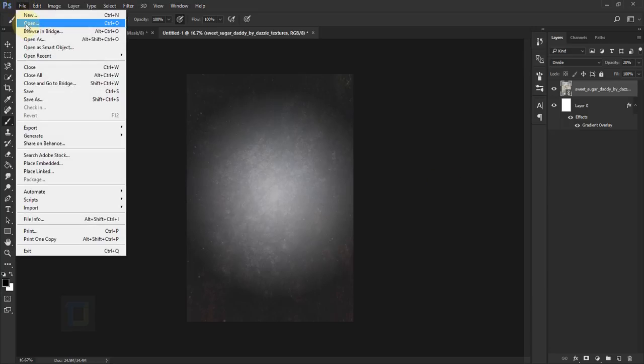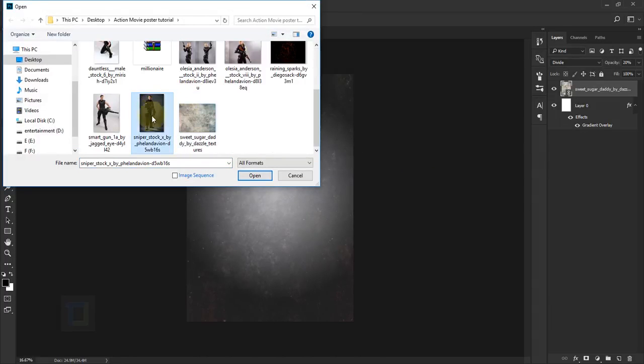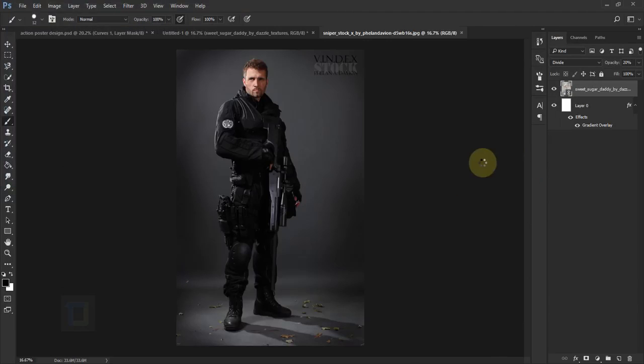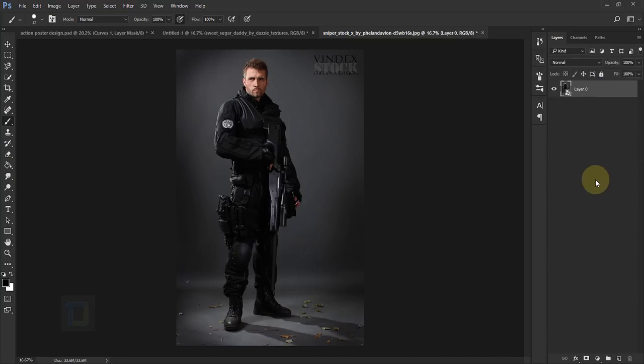So go to File and select Open. Select the model, the main model, where is it? Here. Then go and open it. Now obviously we need to remove the background, but before that, right click here on the layer and select Convert to Smart Object. Now we can remove the background, so for that, right click here and select your quick selection tool